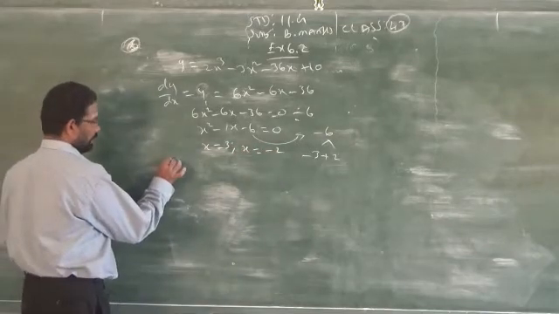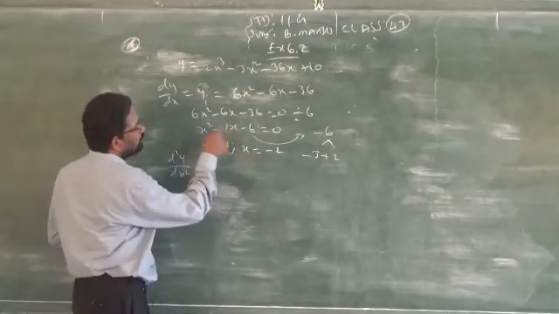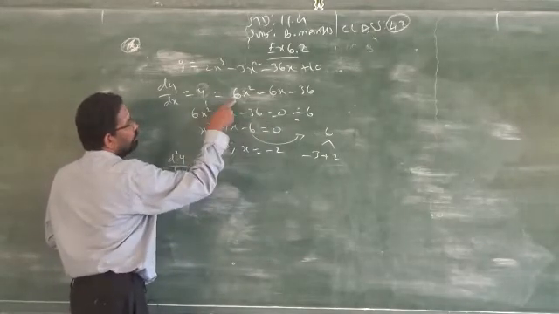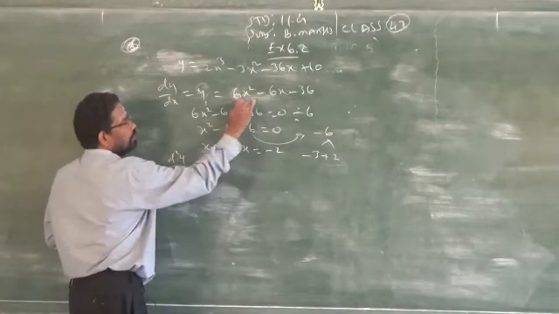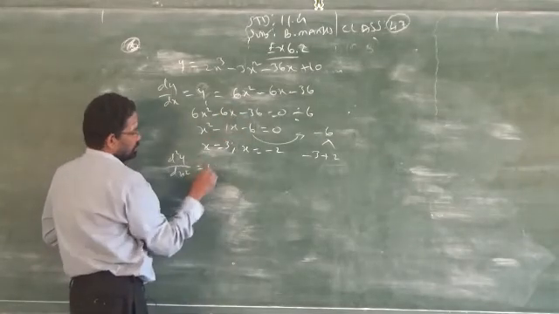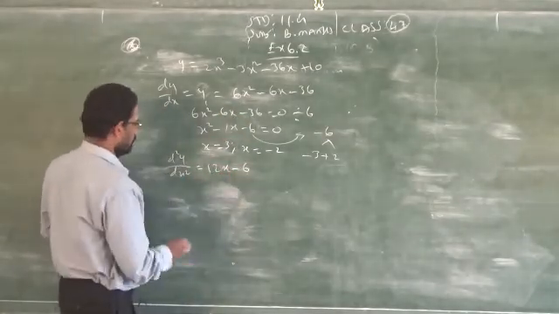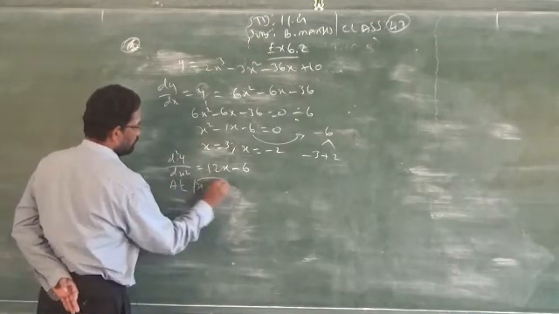Now you will go for the second order, d square y by dx square, that is the rule. So don't differentiate this one. You have to differentiate only the first order. Don't differentiate that answer which you made equal to 0. Don't make that mistake. You have to differentiate only from the first order, not from these two steps. So 12x minus 6.